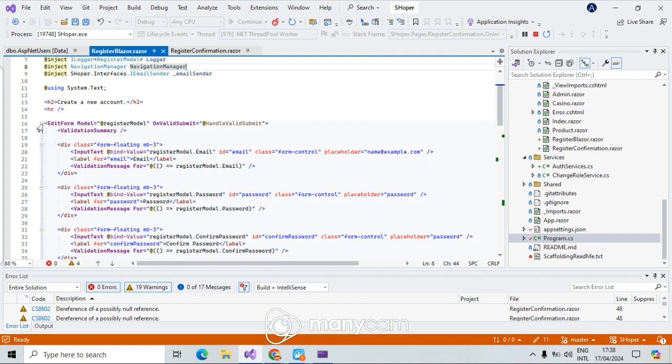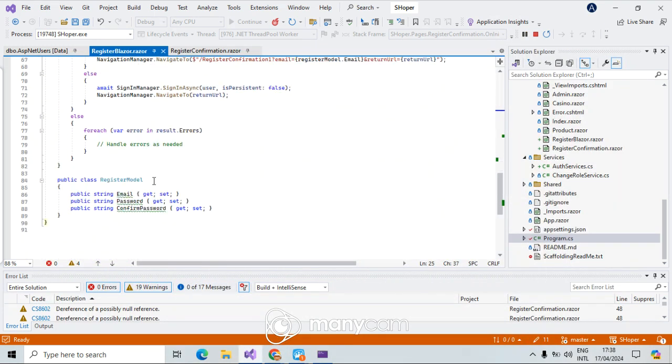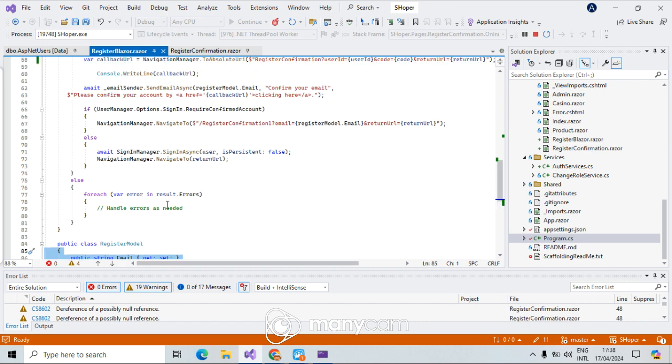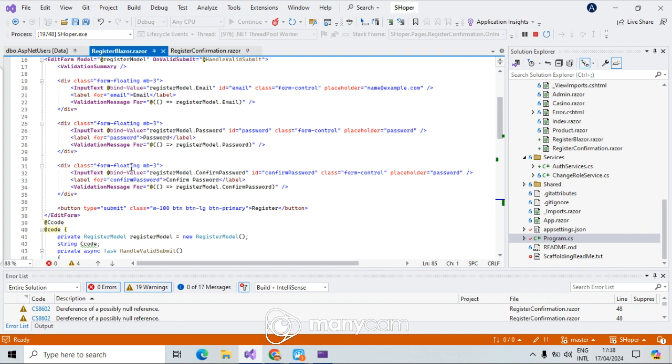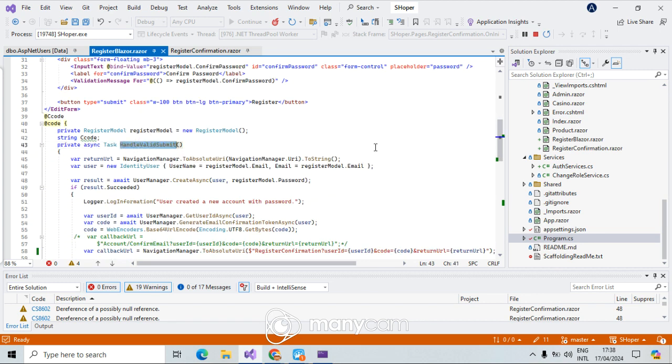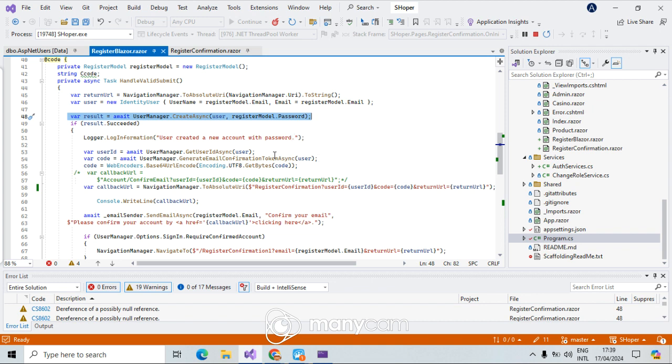And here I also have a form which accepts just email and password. I have my data model, which is the register model, and this is just the data member. And now when I click on that button, which is this one, some things happen. Return URL, user is just a type of identity user, and here we make a new user. Okay, and I'm coming here to retrieve the user ID. We call user manager get user ID, where I put the user there and I get the ID, and the code